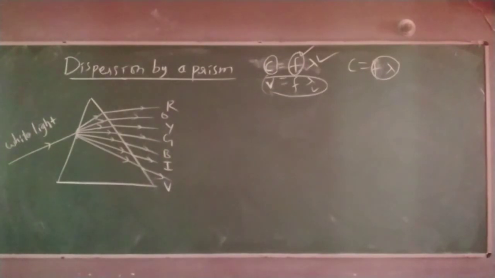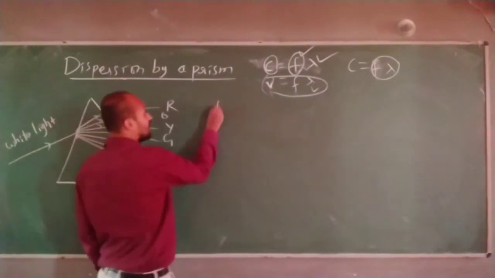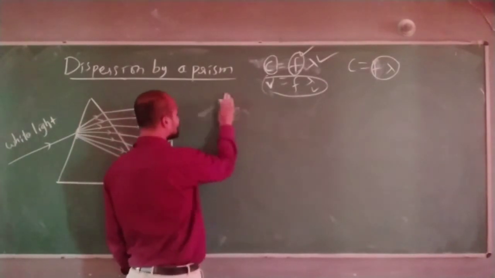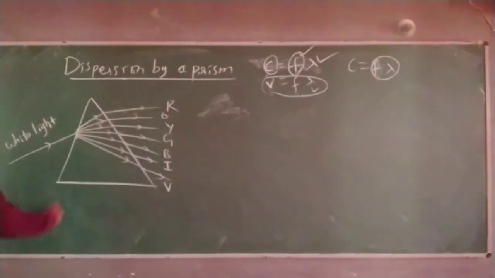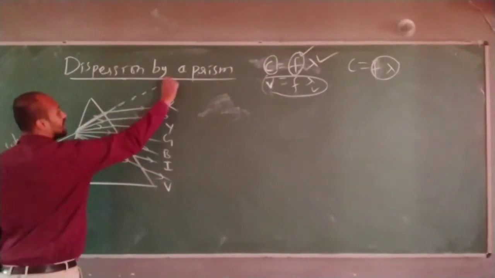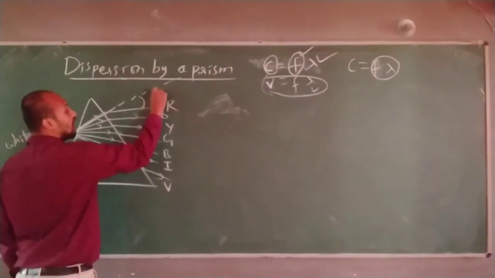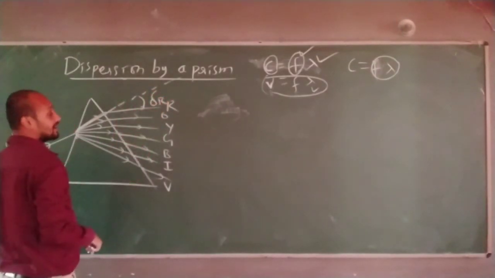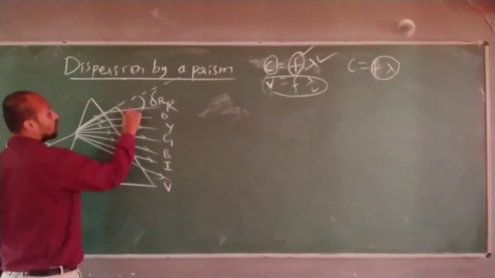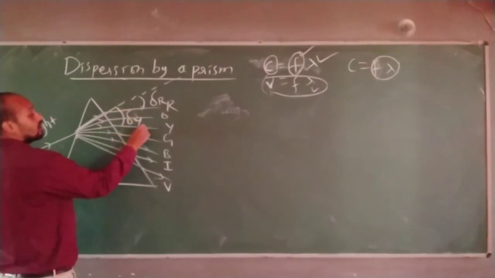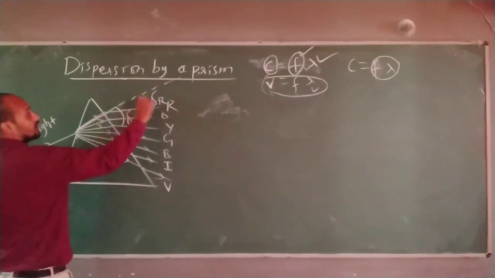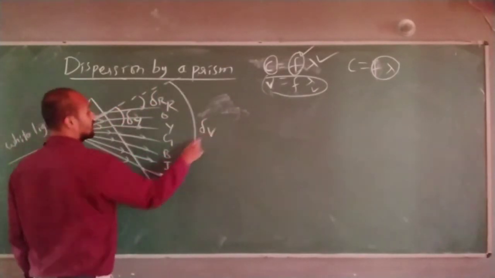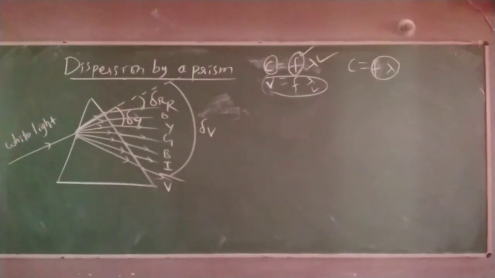So for thin prisms, if you want to measure deviation, there is one term, what is that? We call it angular dispersion. Before going to dispersion, I need to measure a deviation. If I extend this line, this is the incident ray, this is δR, the deviation for red light, and this is δY, the deviation for yellow light, and this angle is δV, the deviation for violet light. I can write it. Got it now? So that is nothing but deviation.